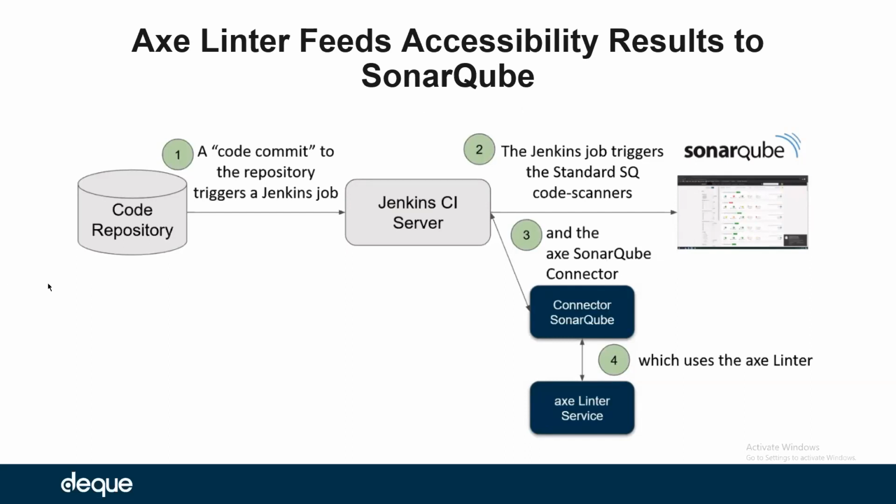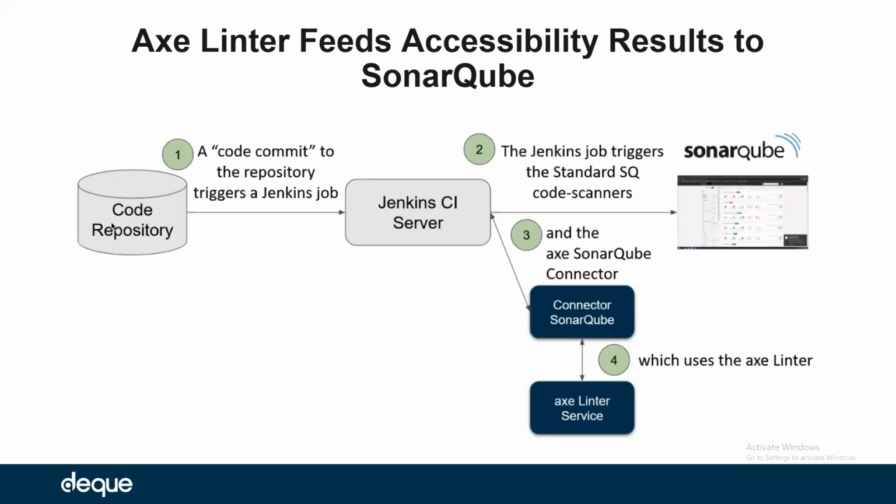You see over here the code repository, your current code repository. Whenever code is committed, your Jenkins server will pick it up and trigger SonarQube for your regular analysis, for all the code scanning that has to be done. It also has a SonarQube connector. It uses a GIF file, the generic issue format, which is used by SonarQube. It will generate the file based on the analysis of the code, and SonarQube can pick it up from here and update its dashboard.